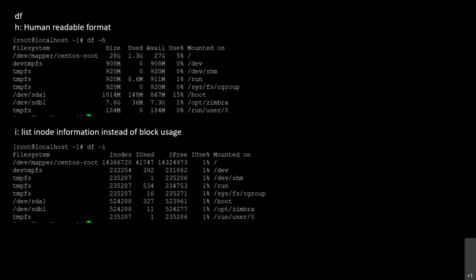Here I have mentioned df -i because there is a scenario like, for example, if multiple processes are using a specific partition, and that partition is busy with these processes, then we can see inodes utilization.